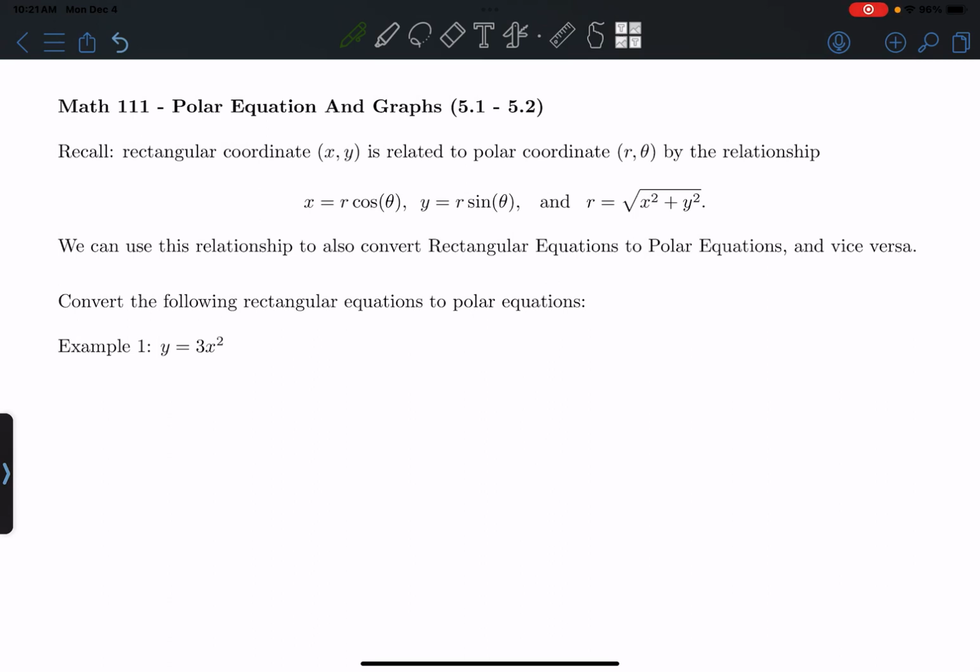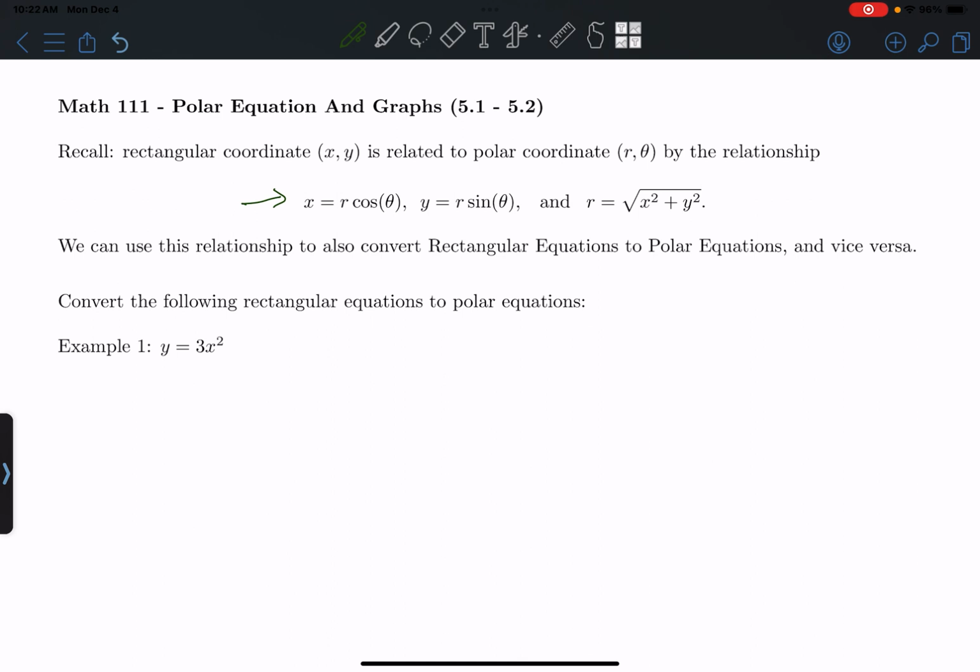Hi everybody. For this video, we're going to talk about polar equations and graphs. So recall previously we're using these equations, this relationship over here, to relate rectangular coordinates to polar coordinates. This time we're going to go ahead and use these same equations, same relationship, to convert rectangular equations to polar